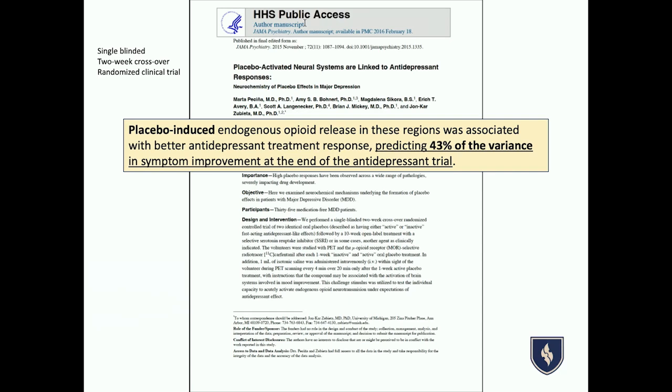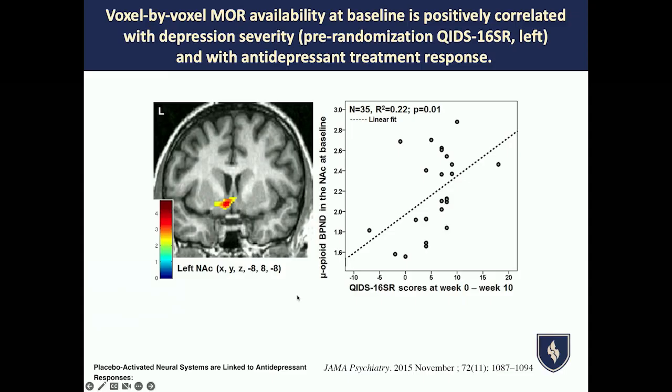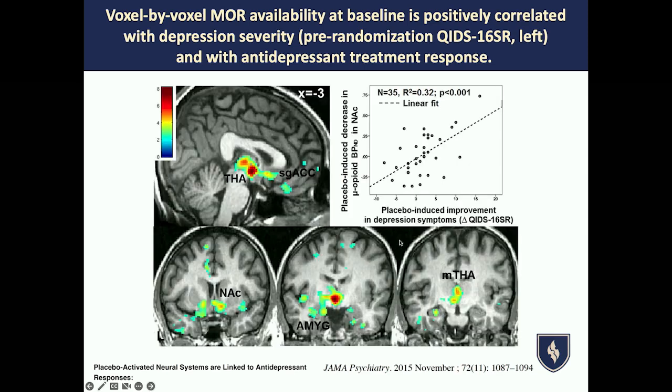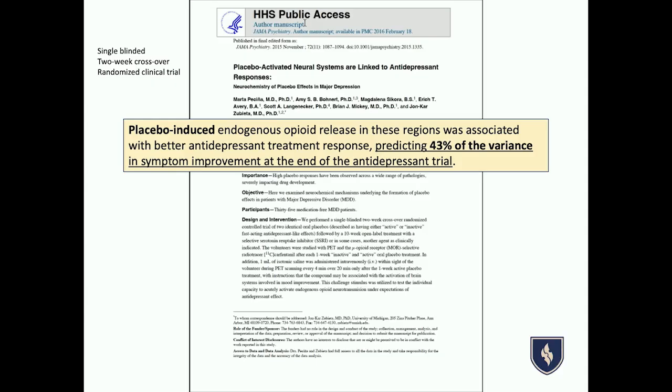And then they go on to show predicting 43% of the variance in symptom improvement at the end of the antidepressant trial. So here you can see the scans that they're using, and here they're using a basic antidepressant drug. You can see some areas of activity, and they look at the severity of it over time. And the less activity they see in the opioid system, the more severe depression is. And then they look at the outcomes before and after placebo and antidepressants. And here with the placebo group, the opioid response is actually much, much greater and much more effective. So this goes on to show that just the placebo effect is going to have some response with almost 50% of the population.